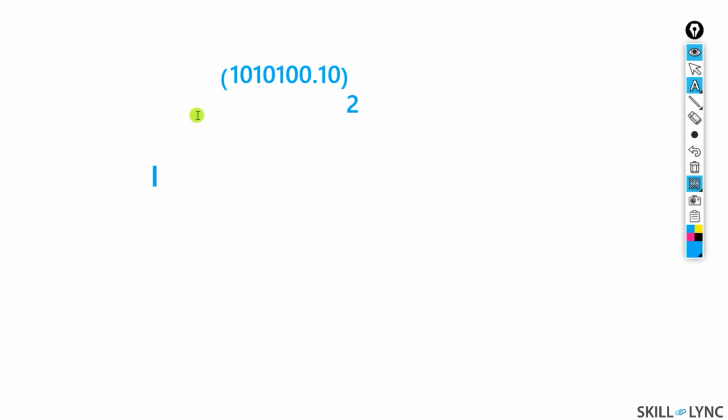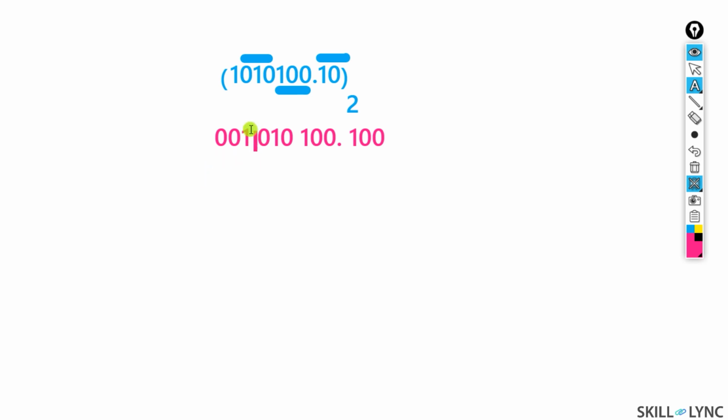Let's see what the answer will be. First of all, try to make groups of 3 bits. The 3 bits will be these three, and here it will be this way. Now this one is a single bit. To make it 3 bits, as we did earlier, we will put 2 zeros from our side, so it becomes 001. Then 010, then 100, dot. Now you will see the fractional part is 1, 0 only. It is only 2 bits and we want 3 bits, so we will put a 0 after it.